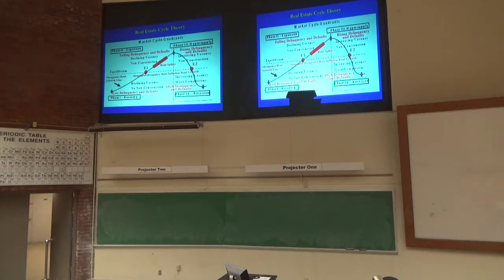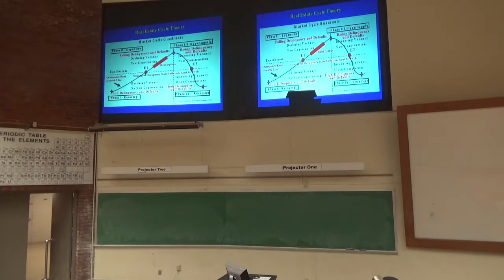So we start to move up, the rents are starting to grow, occupancy rates are starting to rise. Then we reach the first equilibrium point. Once you go past the equilibrium point, you're now starting to get very low vacancy rates, and rents are starting to grow very rapidly because there's no supply that's coming into the market yet. And that red box right there is the rent spike box, okay? That's the point in which rents start to spike and start to grow between 10 and 20% per year. And there's no real new construction that's coming in at that point.